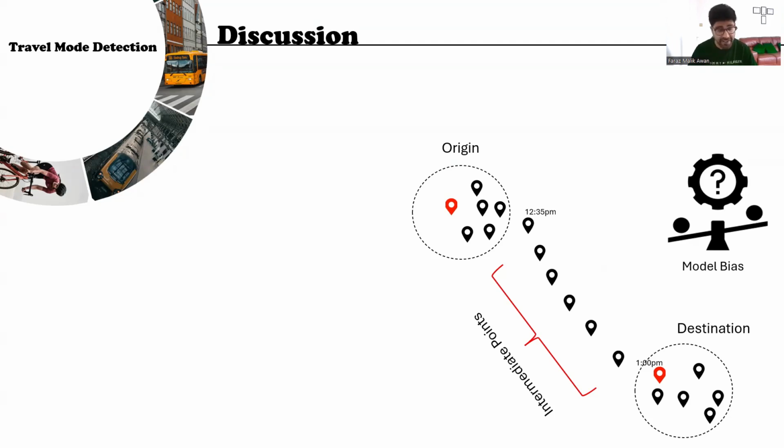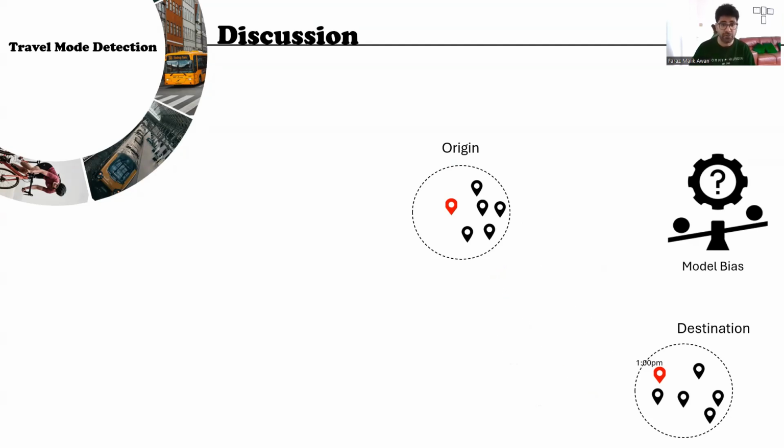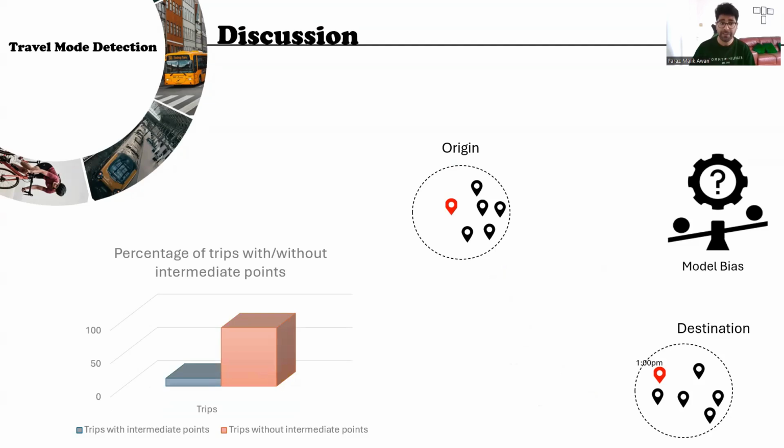In order to understand that, consider the following scenario. You are traveling in a subway or in a train, and your train enters a tunnel where you don't have GPS signals. You will end up having a trip without intermediate GPS points. And when we conducted the analysis, we found out that only 20% of the trips contained intermediate GPS points, whereas 80% of the trips had missing